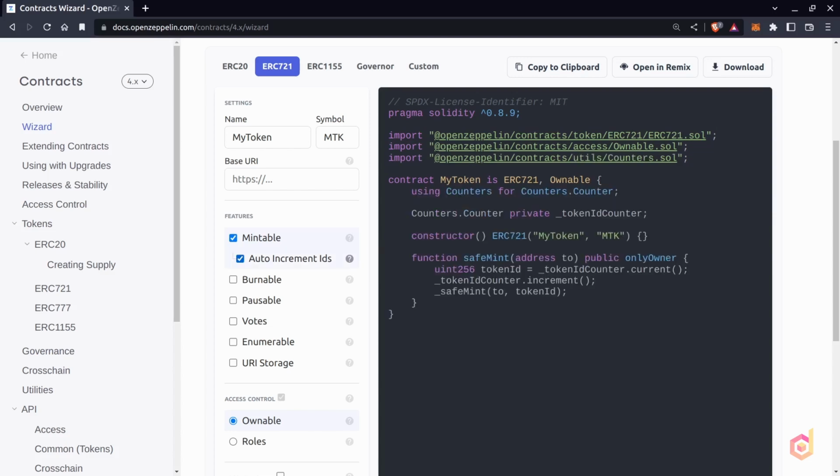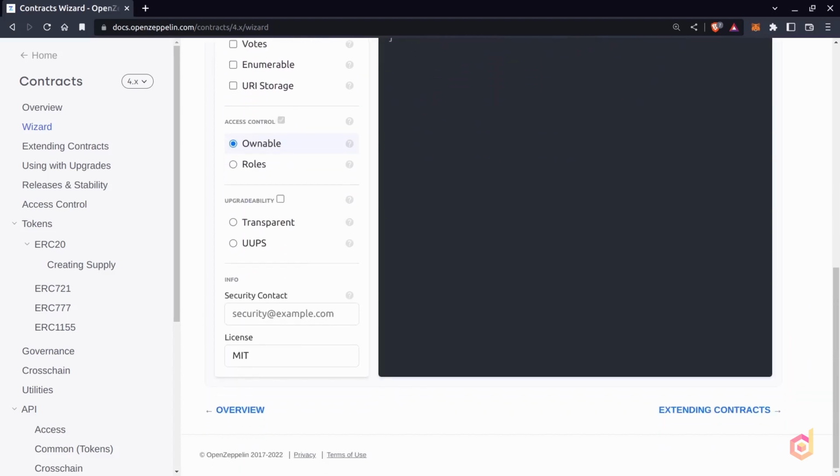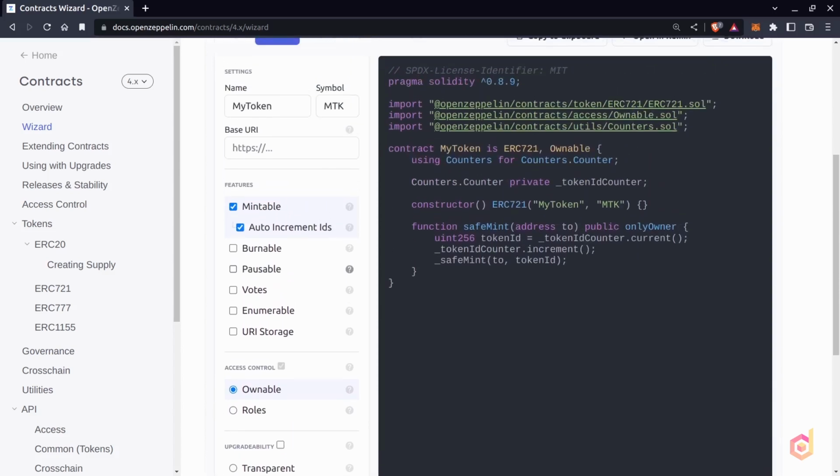Below Mintable, there is something called Auto Increment IDs. We have discussed that we can set the token ID by ourselves or just increment it as we go on minting the tokens. So if we select that option, the Counters file is added and in the safeMint function, the logic is also updated. Below are some other features, you can try them out, but for now, Mintable is enough for us to create